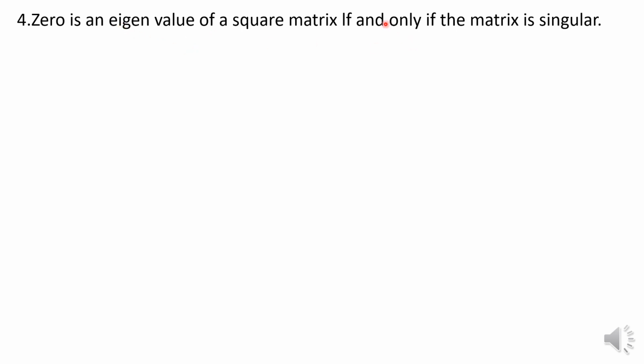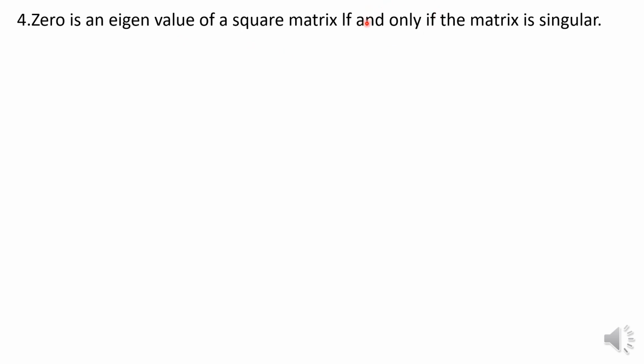Here we are having the words "if and only if." You might all know the meaning of "if and only if." It means the proof of the property or theorem consists of two parts. What are those two parts? From to and fro, you know. If I assume that 0 is an eigenvalue, then we have to show that the matrix is singular. That is one part. On the other hand, in the second part, if I assume that the matrix is singular, then we have to show that 0 is an eigenvalue. This is the meaning of "if and only if."